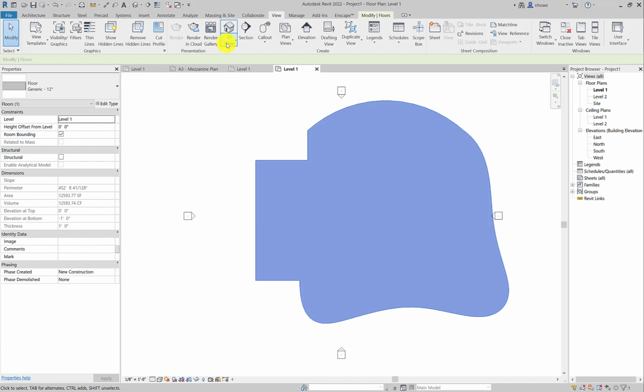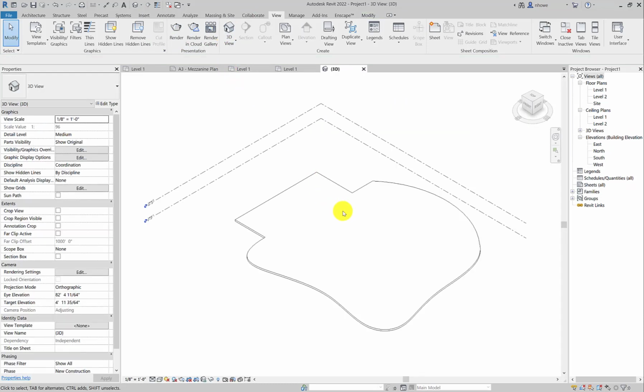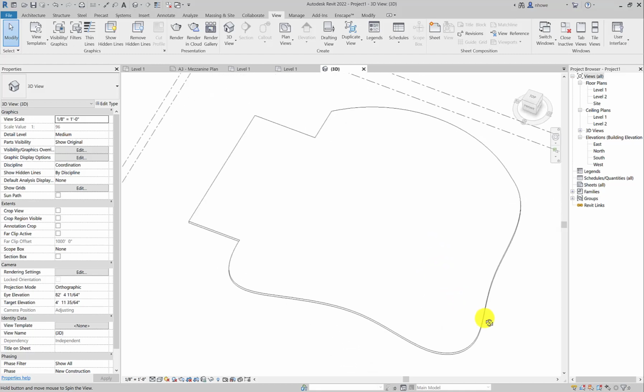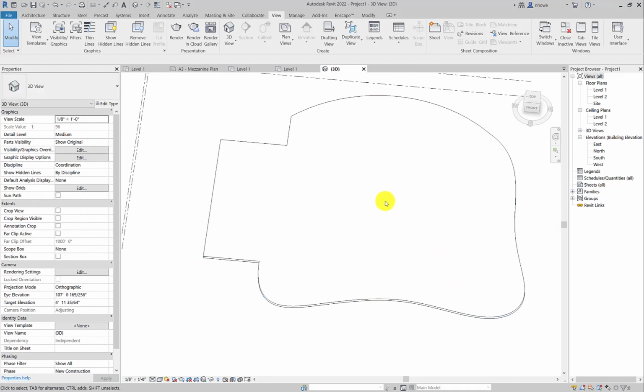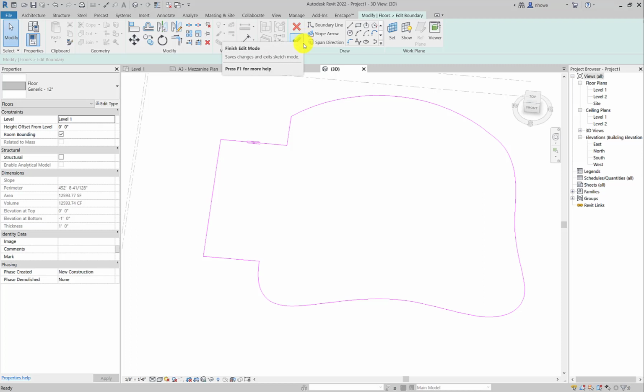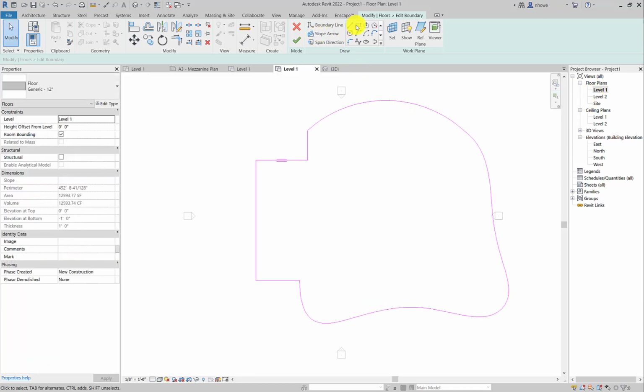Some last things, so you can see what's going on, is if you are cutting a hole in that same piece, and now I've got this just the way I want it. Now I'm going to edit the boundary, and I can add. Now the 3D view is probably not my best move as far as adding something, so I'm going to go back to level 1. If I want to add an opening, say,